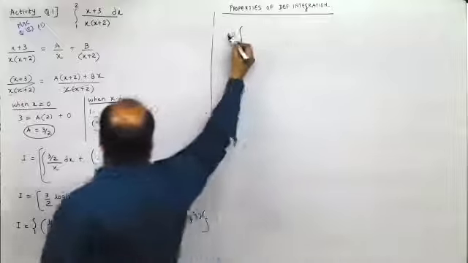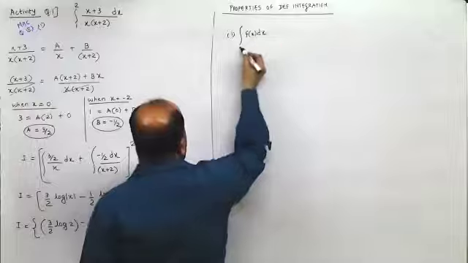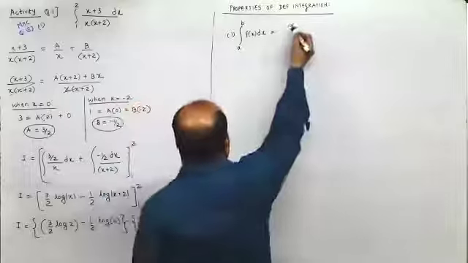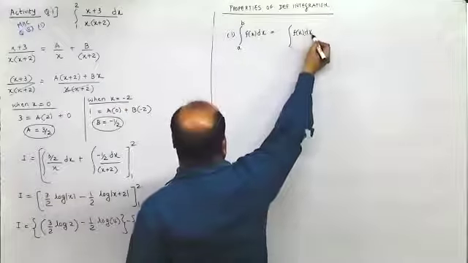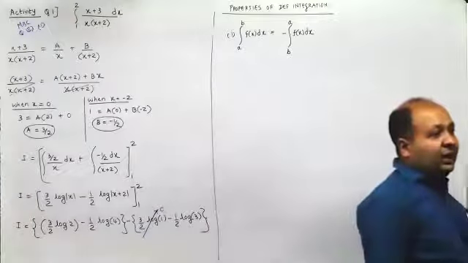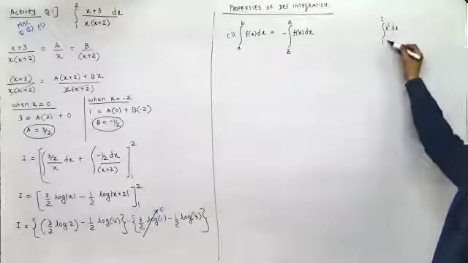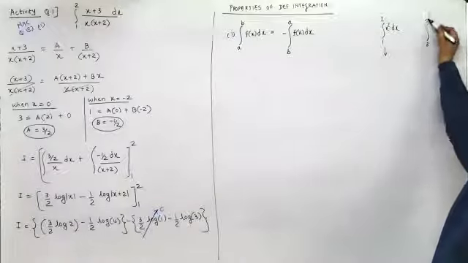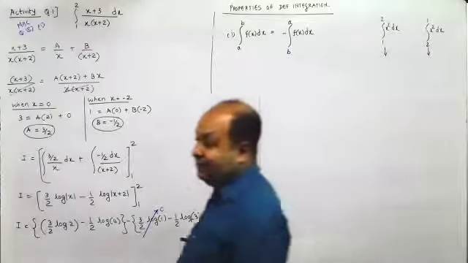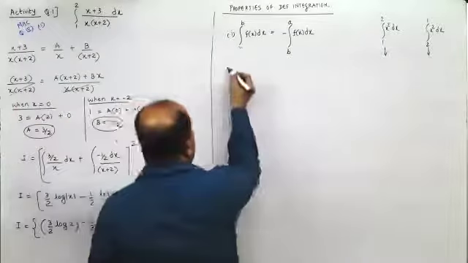Remember, first one: if I write the integral of f of x dx between a to b, then if I find the same function value between b to a, the values would be the same except for the sign, minus a to b. That is, in short, if I take 1 to 2 x square dx and I find its value, and if I find 2 to 1 x square dx and I find its value, the values would be different only in sign. Only in sign. Next. This is the first one.